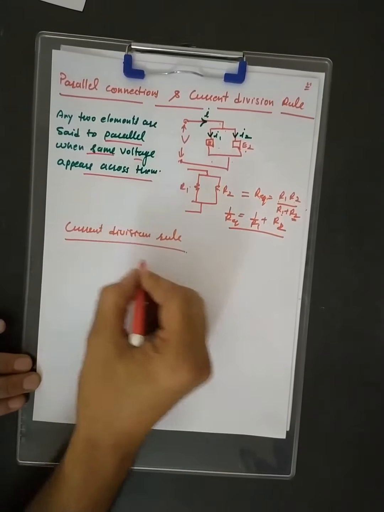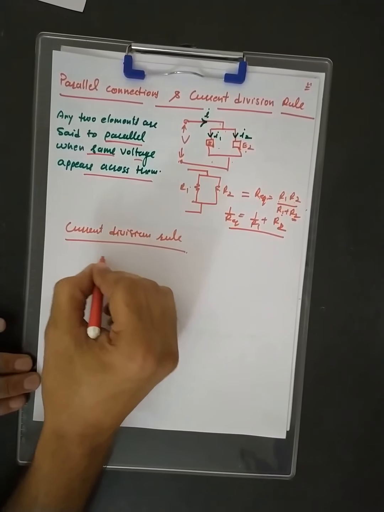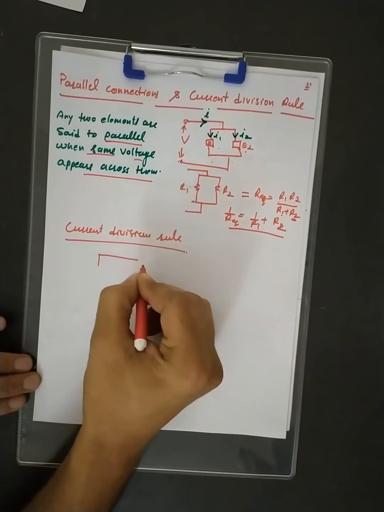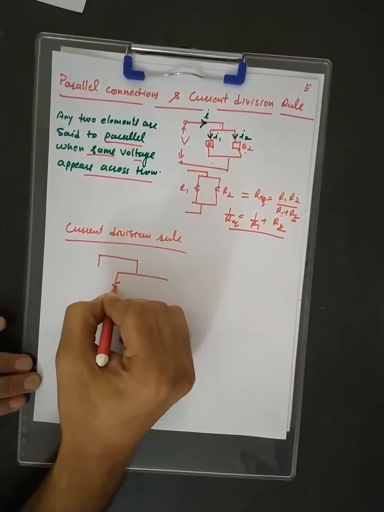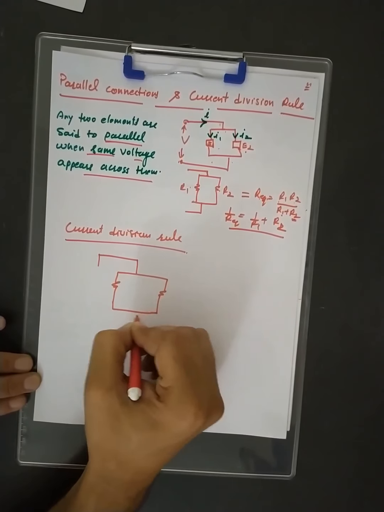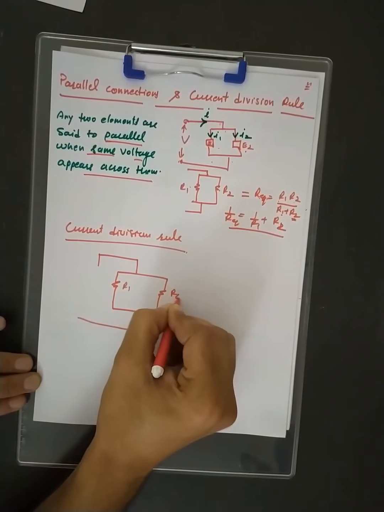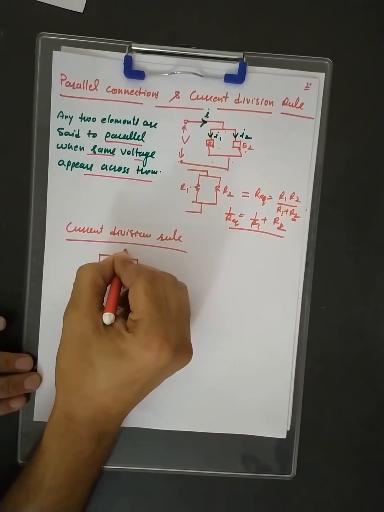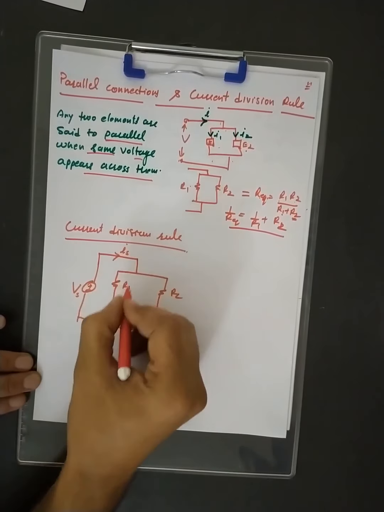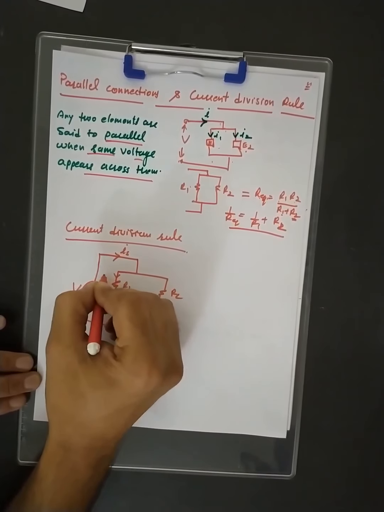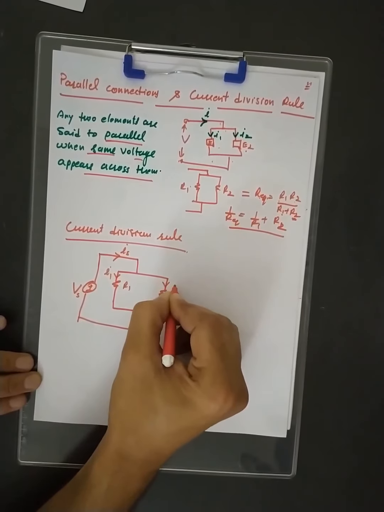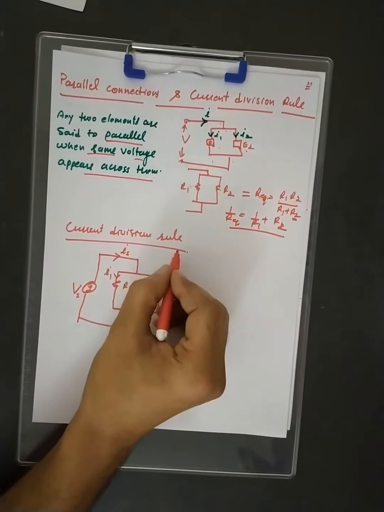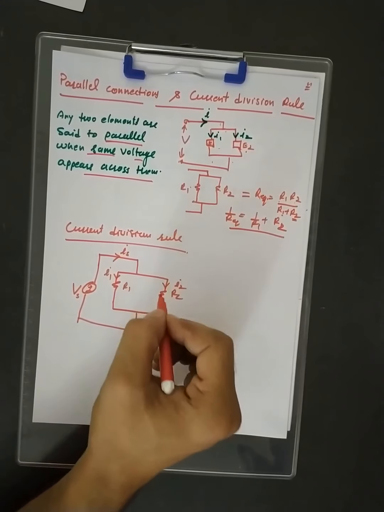Now what does it mean, current division? Suppose I am taking directly the example: two resistances R1 and R2, and some source is connected over here. The current I, with subscripts to identify, current across R1 is I1, and current across R2 is I2. Clear? So when will you use the current division rule? When you have to find the current in the parallel